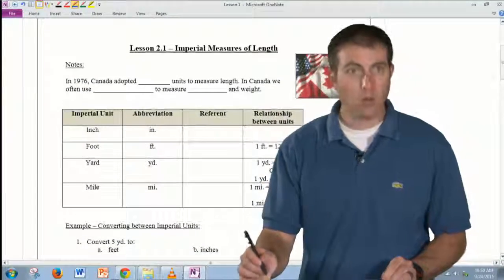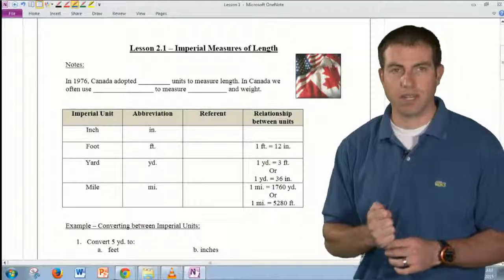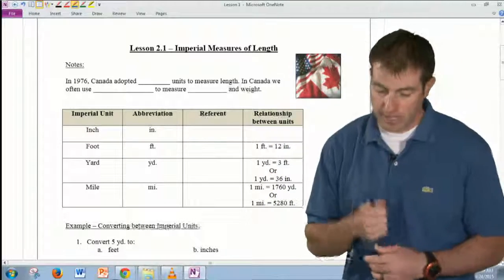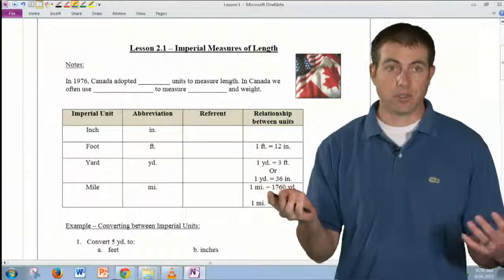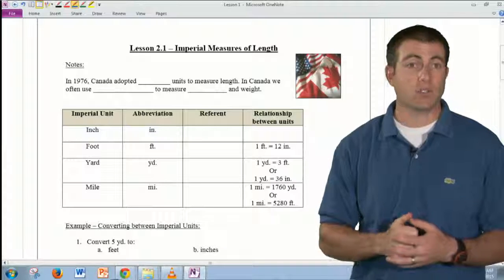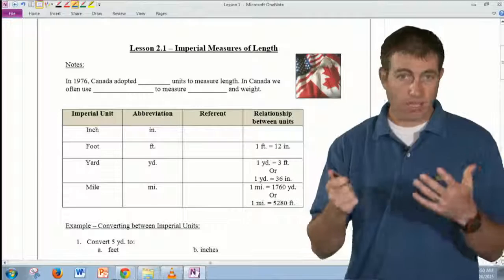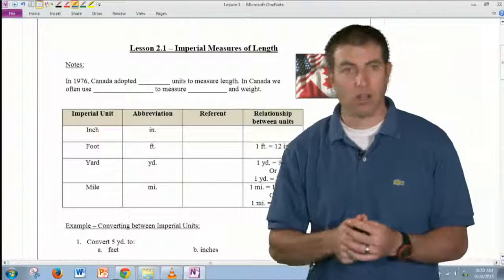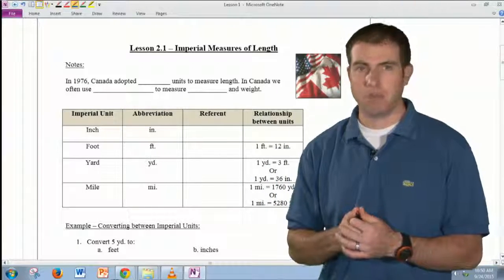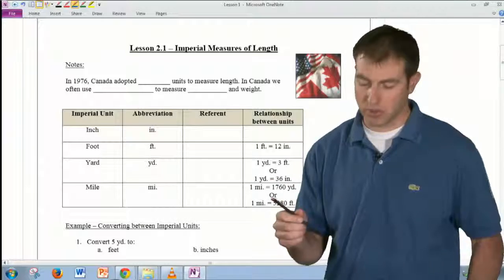All right, so we're in Unit 2. I know it's kind of backwards starting with Unit 2 instead of 1, but I like starting with this one, so we're going to do that. And this is the first lesson into Math 10. We only have about 10 minutes, so I'm going to try to get through as much as I can. And if I get a long way through, then you guys can do it. This stuff's pretty straightforward, so if you have some time and you want to go through it, that's great.